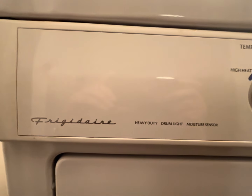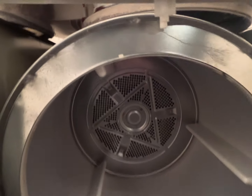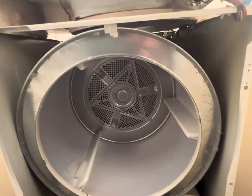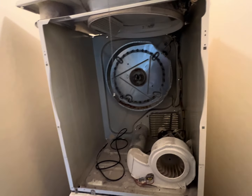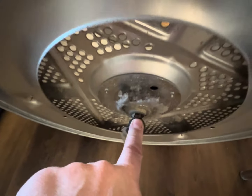Let's go! I start with a visual inspection of the dryer, everything looks good. Next I select the dry mode on the dial and start the dryer. Immediately an unusual and loud noise is heard. I open the dryer door and start it with the door open. There are no foreign objects in the drum, so I will have to disassemble the dryer to identify the source